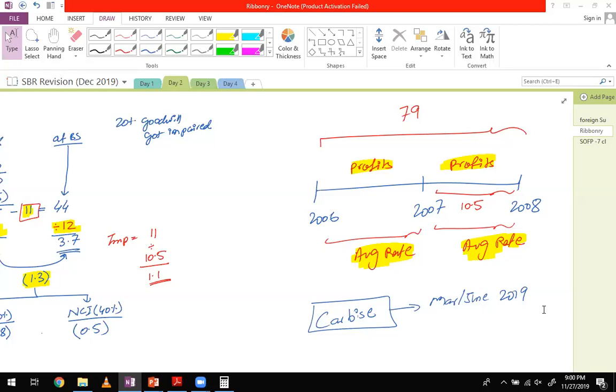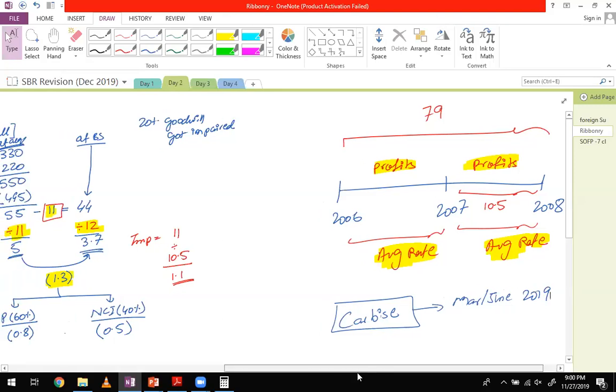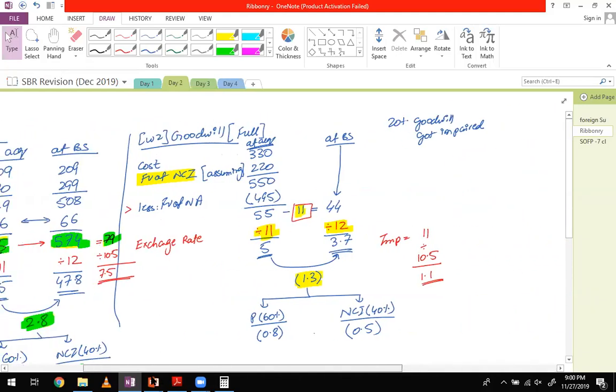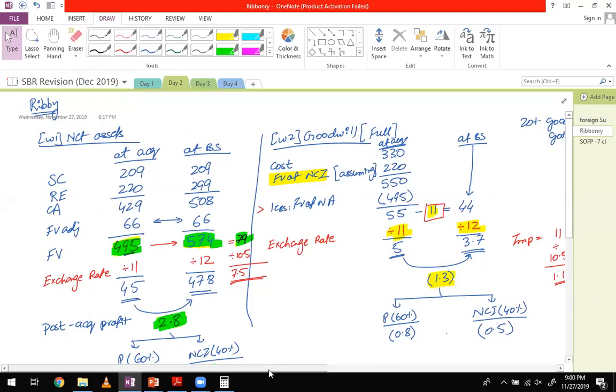Chaumu is saying March June 19 is not available on ACCA Global. No, it is available actually. It is available over there. You can download it from ACCA Global. Even I have downloaded from over there. So I'm sure that it is available over there. Okay, so that's how we were supposed to deal with the foreign subsidiary. Now, when we talk about the way of answering,